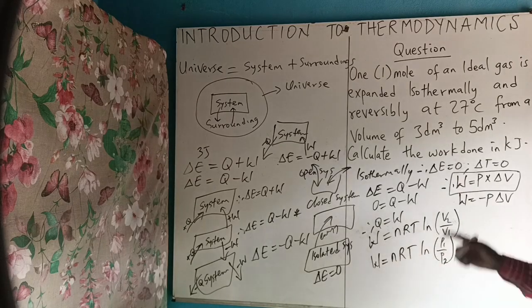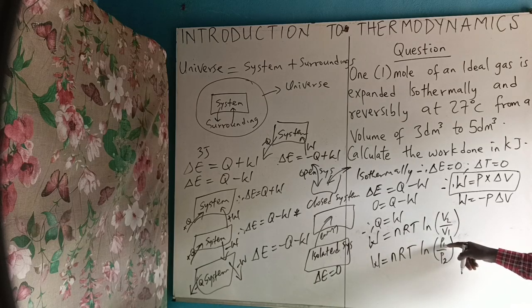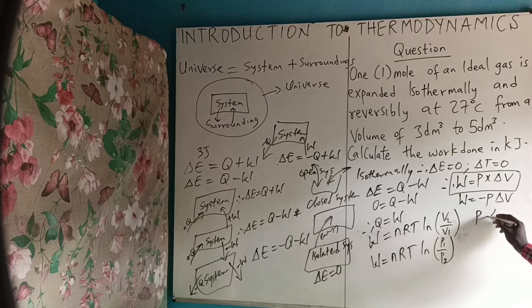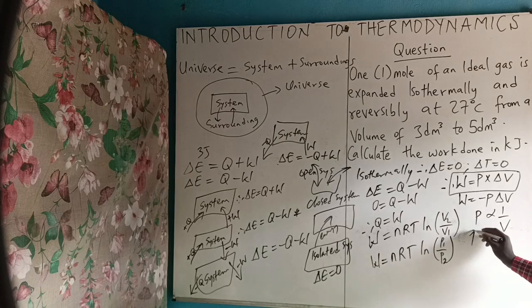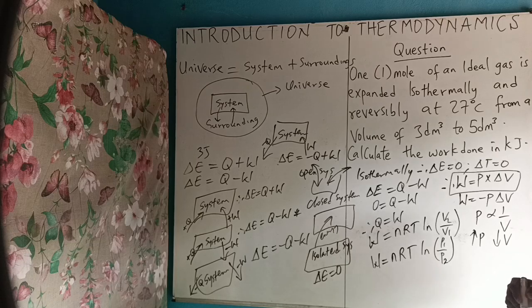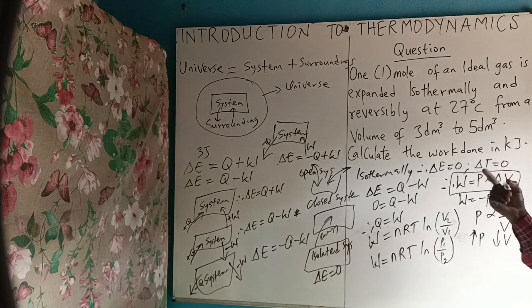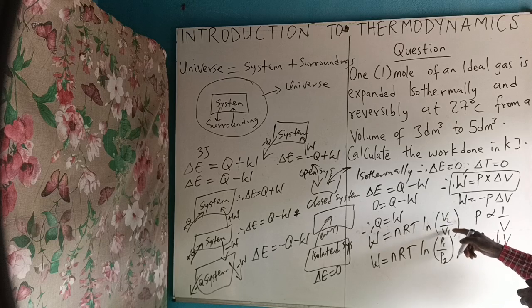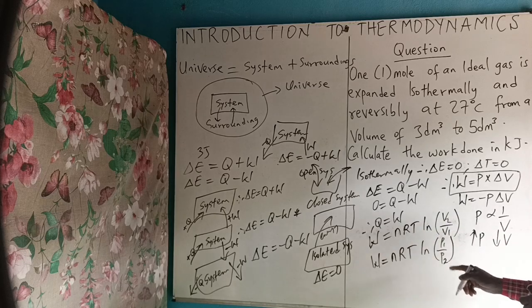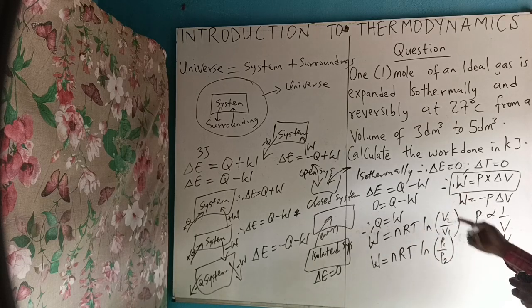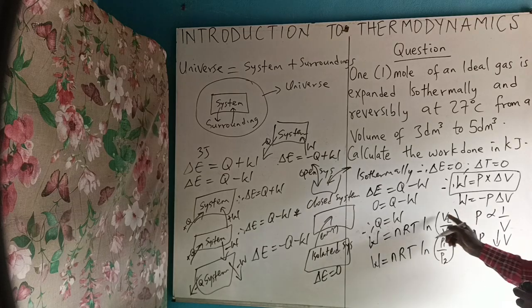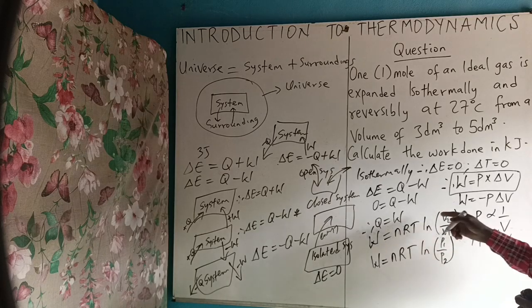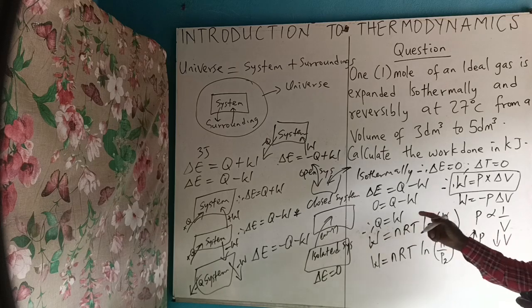Okay, now how do we change this to P1 over P2 instead of P2 over P1? It's because pressure is inversely proportional to volume. The higher the pressure, the lower the what? Volume. Are you getting it? And the lower the pressure, the higher the volume. So if here is final over initial, here will be initial over the final. They must be inversely related. Okay?